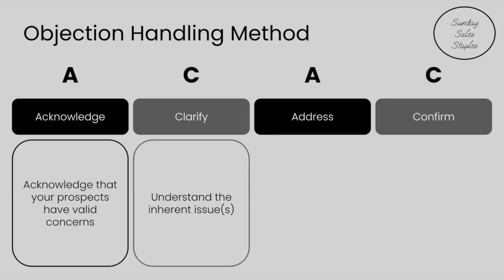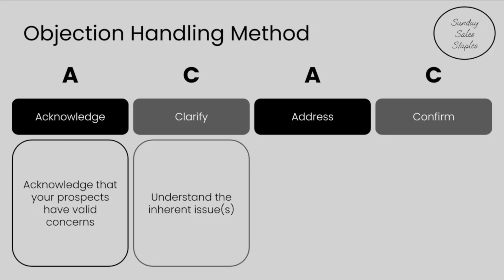The next step is to clarify the objection. This is critical so that you understand the inherent issue and that you address the true concern that they mention. A prospect might raise one objection about pricing, but they may have an underlying reason that can only be discovered by asking questions for further clarification. This step will help you remove any misunderstandings in your conversations, and this step generally takes the form of mirroring. Your prospect will dig deeper into the concern, and then you will mirror their words to make sure that you have a clear picture of how to overcome the objection.